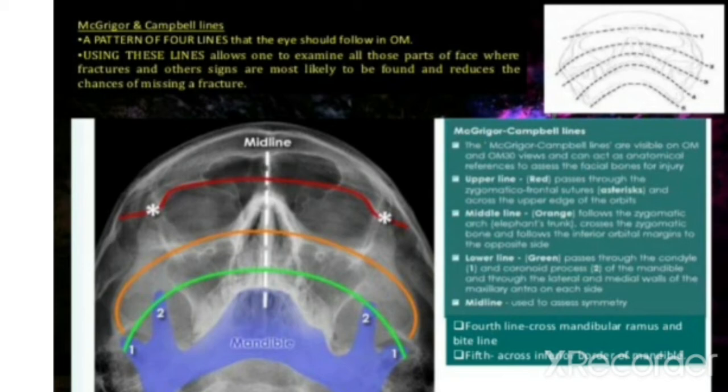McGregor Campbell lines. There is upper line, middle line, lower line, and there is midline. Upper line is called red line, and it passes through the zygomatico-frontal sutures, as shown by the asterisk, that is star marks, and across the upper edge of the orbits. Now the middle line, indicated by orange color, follows the zygomatic arch,